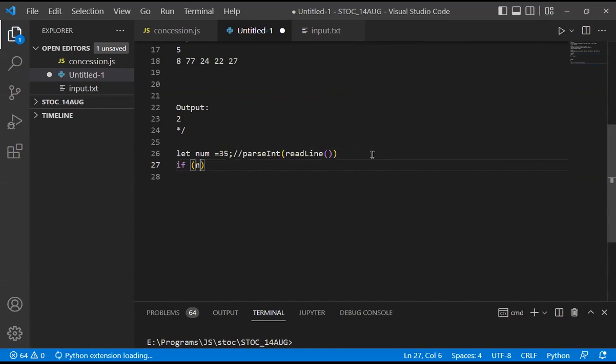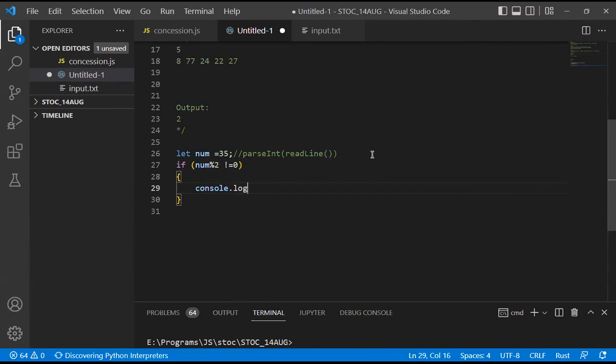I should check whether the number is divisible by 2 or not. This tells me whether the number is even. But I'm not interested in even, right? I am interested in whether it is not divisible, whether it is odd. So basically, I should have it like this: not equal to 0. That means, if it is not equal to 0, then I can say